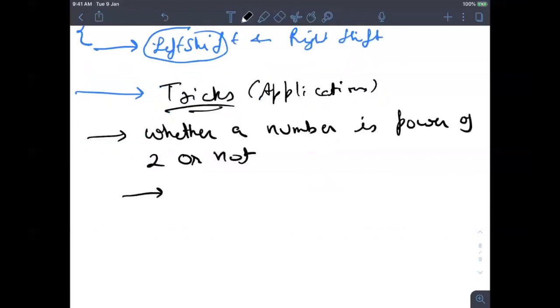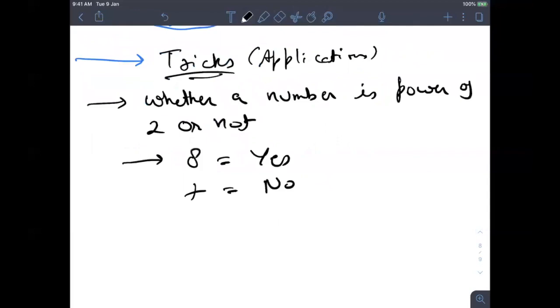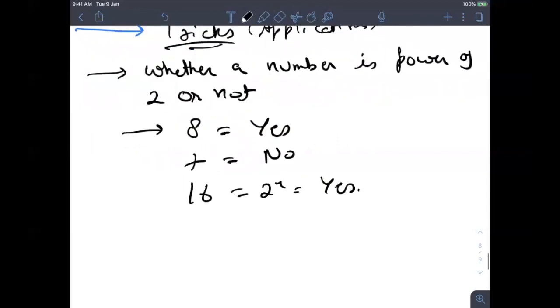For example, 16 is a power of 2. So let's say you have to find it.